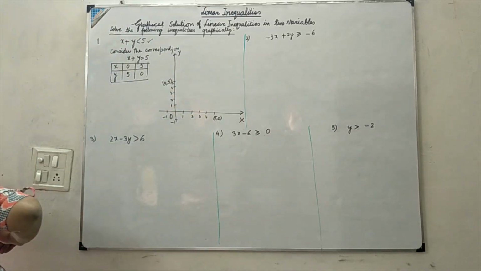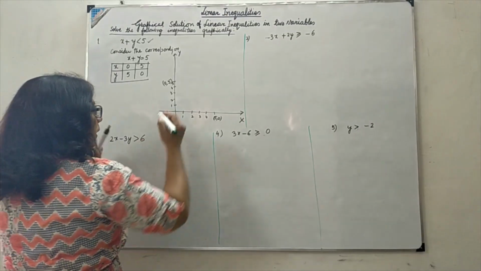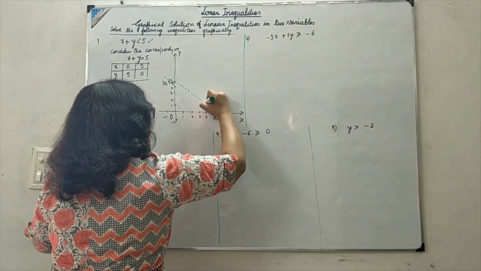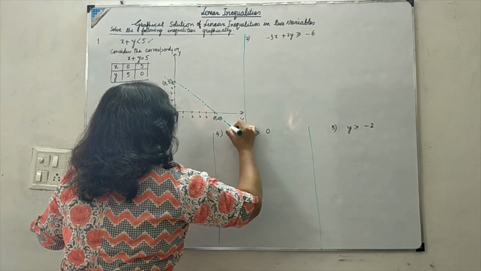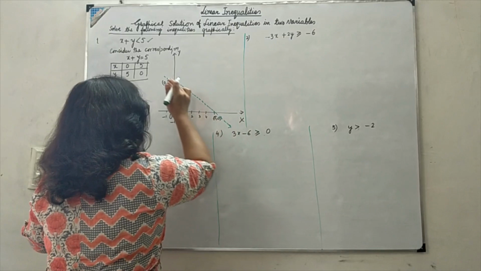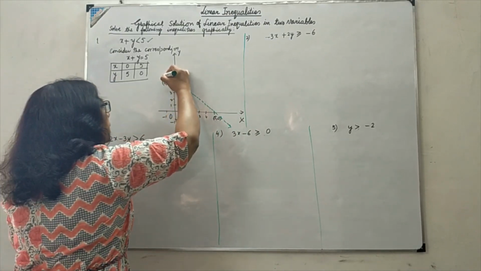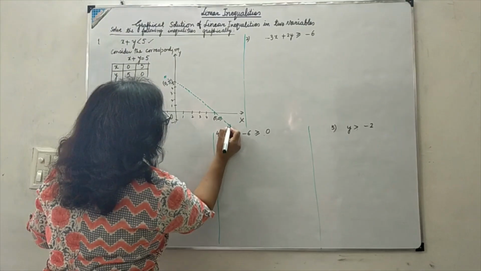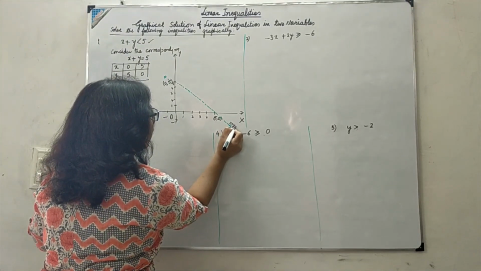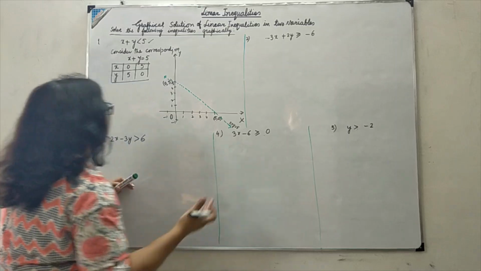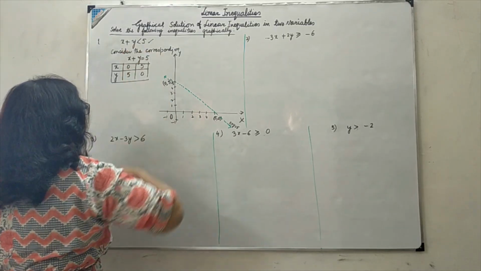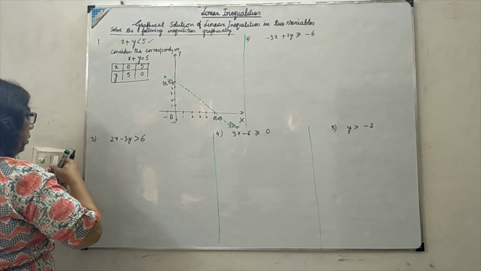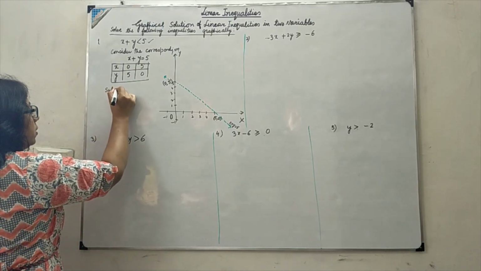So I have to use a dotted line, as I have discussed in the steps. I will use the dotted line like this, because all the points lying on this line are not included in the solution. After that, I will write this line is actually x plus y equal to 5, but its solutions are not included, and less than 5 is required. To check this plane or that plane, I will substitute x as 0 and y as 0